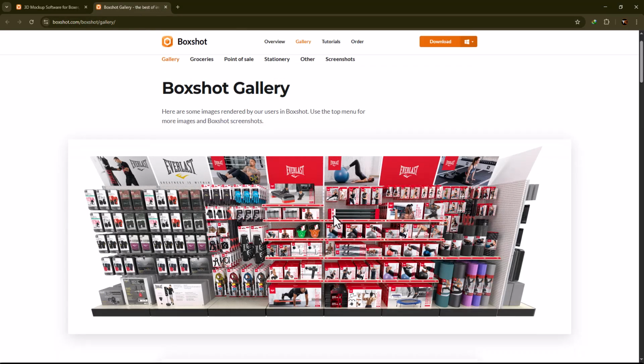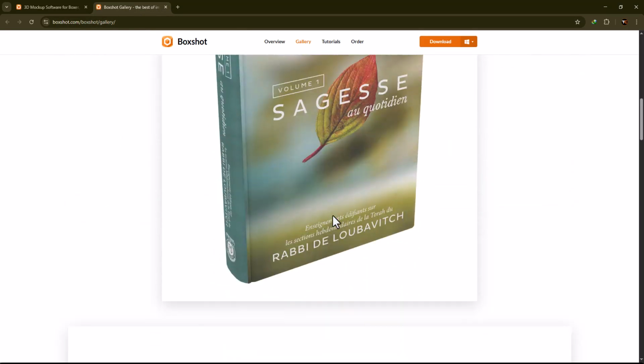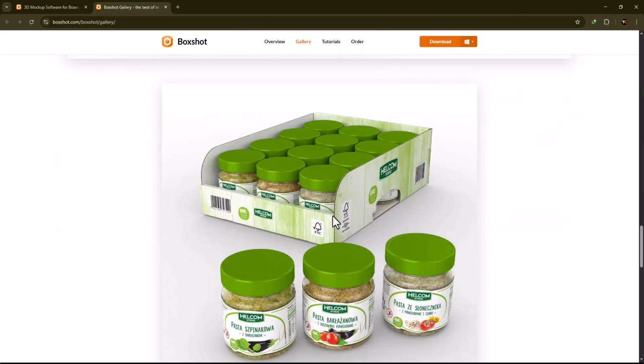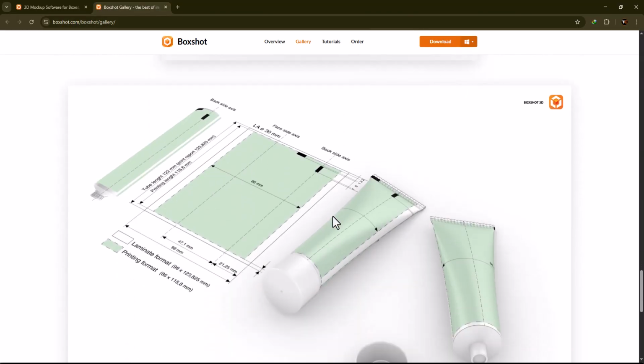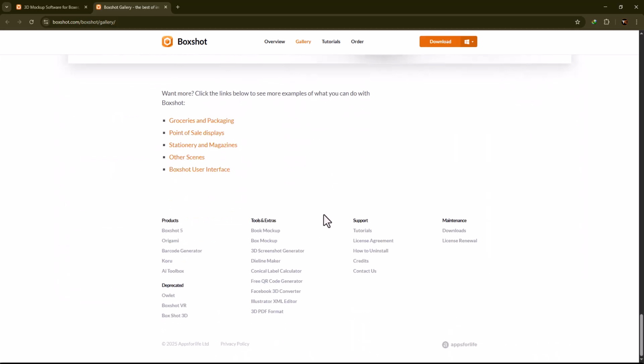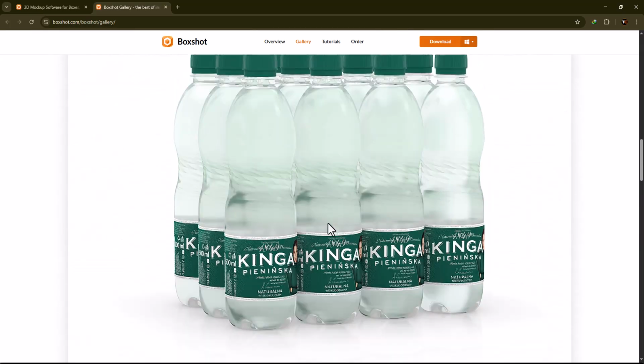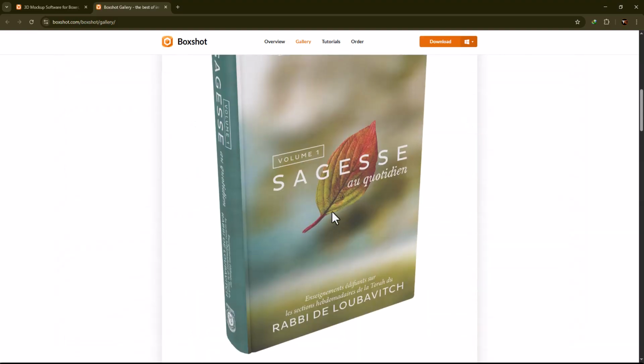This is a gallery. You can see if you have a book, if you have a product, something like this, you can see the quality of the render. It has a lot of customizable assets that you can use on your product. And just simple drag and drop the model, change the texture, and simply render and output and